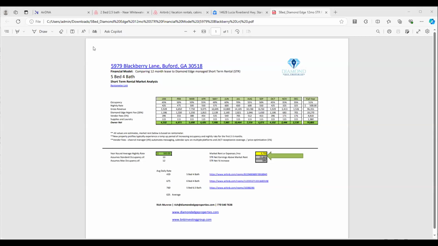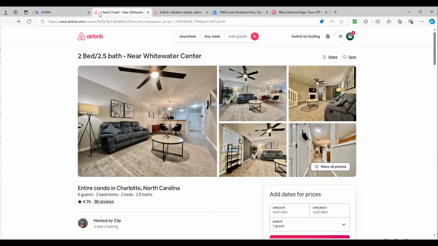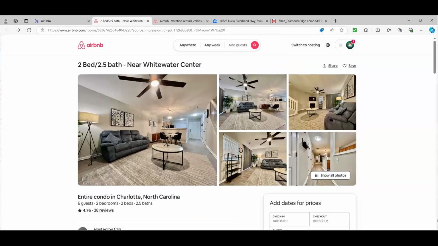Once you've refined your analysis, now it's important. One of the other things, let me point this out real quick before I get into that. One of the other things that's a good way to just do a quick sanity check, right, is besides AirDNA, on the Airbnb platform,